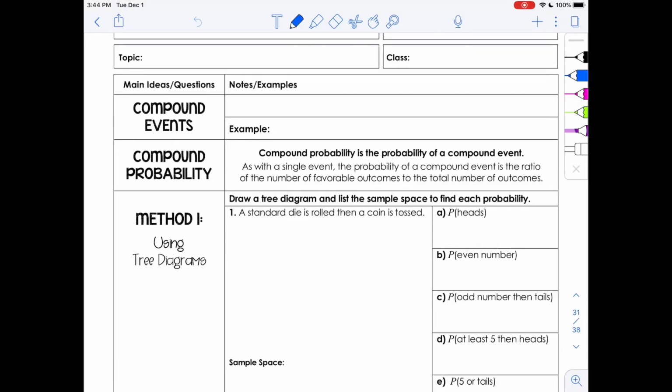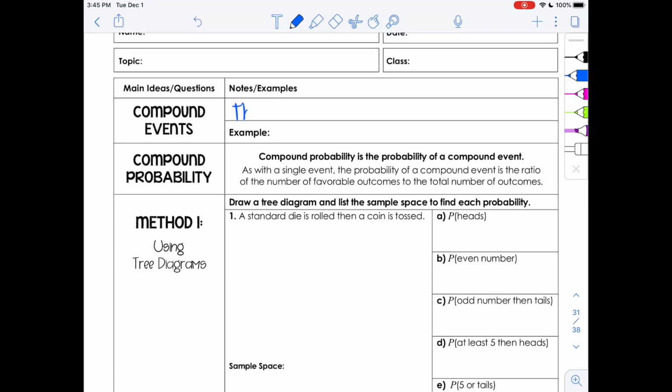In this lesson, we're going to look more in depth at compound events and calculating compound probability. Remember, a compound event is the probability of two or more simple events. And some examples of compound events that we have looked at is when rolling a dice, or two dice, or